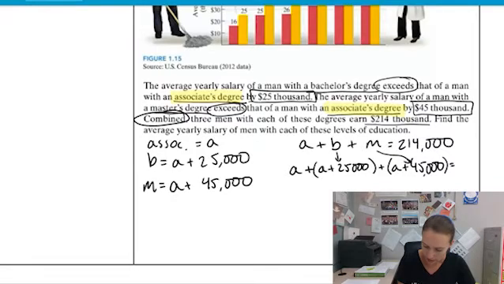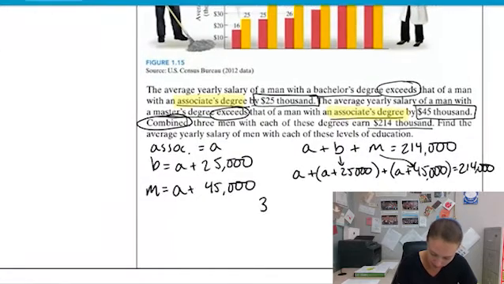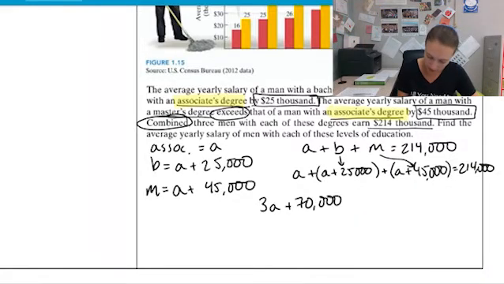And then that equals $214,000, kind of running into the side here. Now, I put parentheses just to show you how those are grouped together, but the parentheses aren't affecting our math at all, so we can just ignore those. I have three A's, so A plus A plus A is three A's, plus 25,000 plus 45,000 gives me $70,000 equals